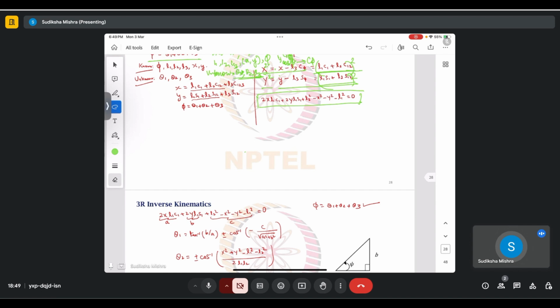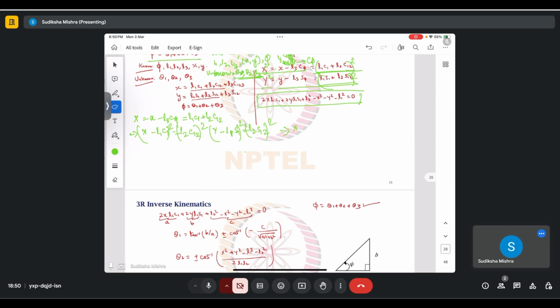So we can write x as x minus L3 C5, which is L1 C1 plus L2 C12, and we can write x minus L1 C1 as L2 C12. Similarly, we can write y minus L1 S1 as L2 S12. Squaring both the sides